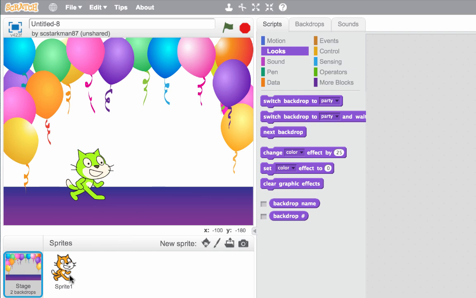And like the sprites, you can have more than one backdrop in your program. You can change backdrops when things happen. You can have actors do things based on what background they're in. So it's all up to your